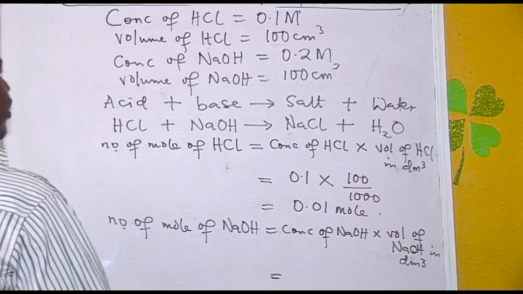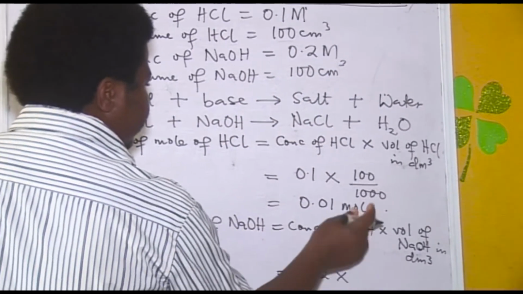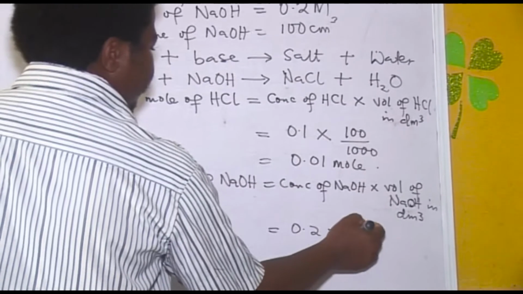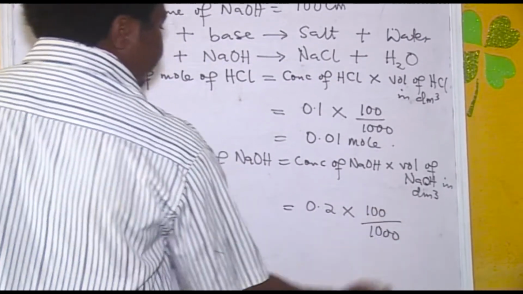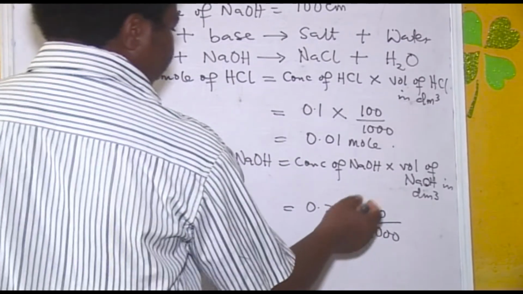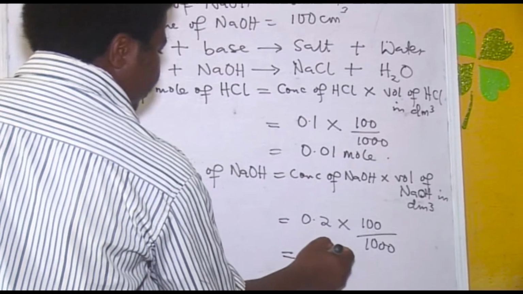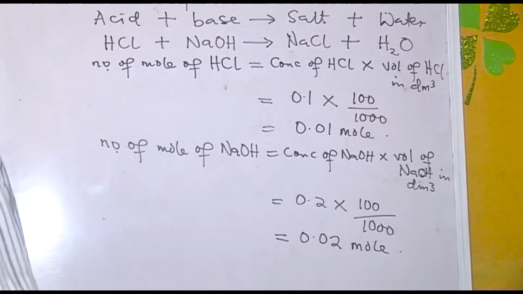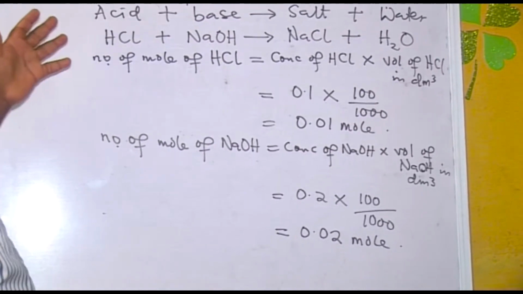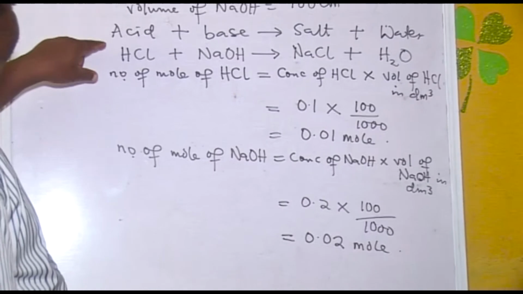So what is the concentration of the base? 0.2 molar, and then the volume of the base is 100 cm cube, but we need to convert it to dm cube. So at the end of the day, after our conversion, we have it that the base is 0.02 mole. Now, looking at our equation of reaction, we have it that 1 mole